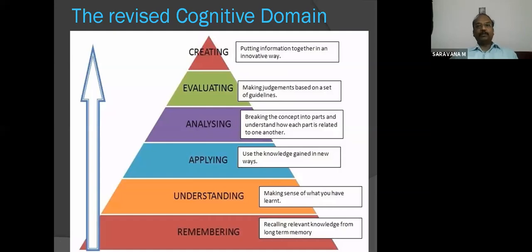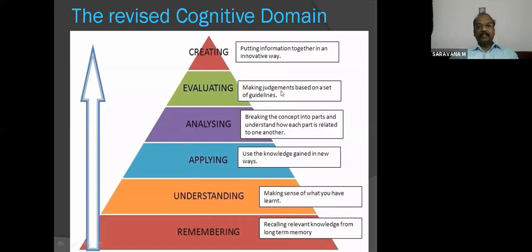So this is the difference between measurement and assessment. Evaluation is always making judgments based on a set of guidelines. So these qualitative aspects will have some guidelines, and only then can we measure the quality. But quantity we can measure through kg, I mean 1 kg, 2 kg like that, or measurement 1 feet, 2 feet, or 1 meter like that. So that difference we must know, quantitative and qualitative judgments.